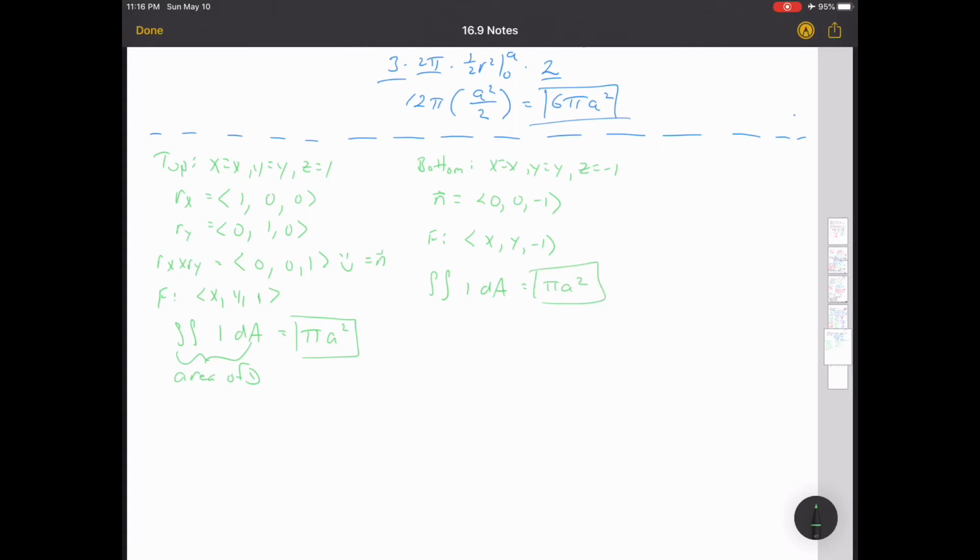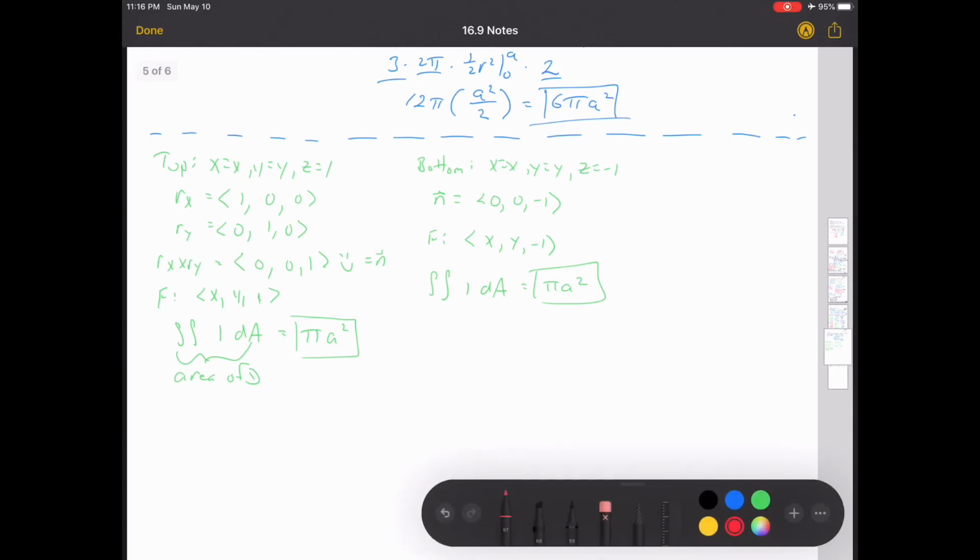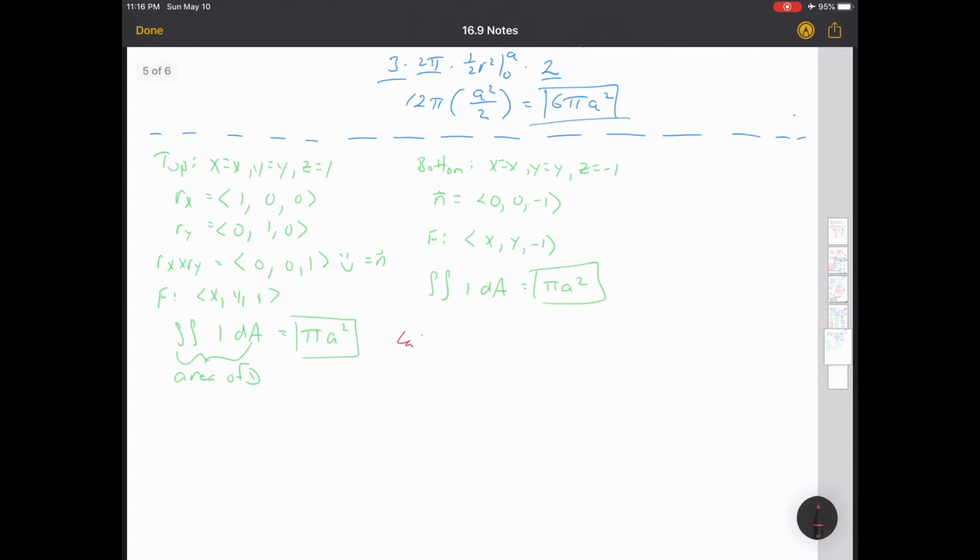Again, I hope you're following all that. Now let's go ahead and do the lateral face. Well, we know we have pi a squared. We know we've got another pi a squared, so that's 2 of them. The lateral face should give us 4 pi a squared, but let's just go ahead and show it. So the lateral